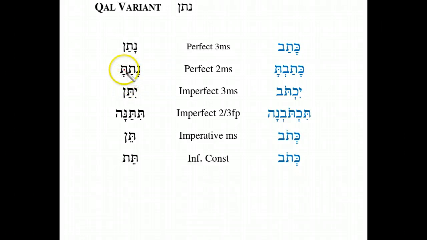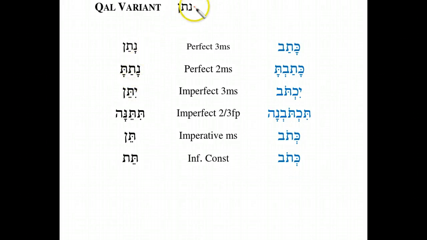And so this dagesh, which is normally weak in the strong verb, as it is here, becomes strong here because it is in fact the nun, that last nun. And we have the form natata, which means you gave, something like that, if we're going to translate it into the past tense. The imperfect third masculine singular, we have yitten, and once again that first nun, it's like